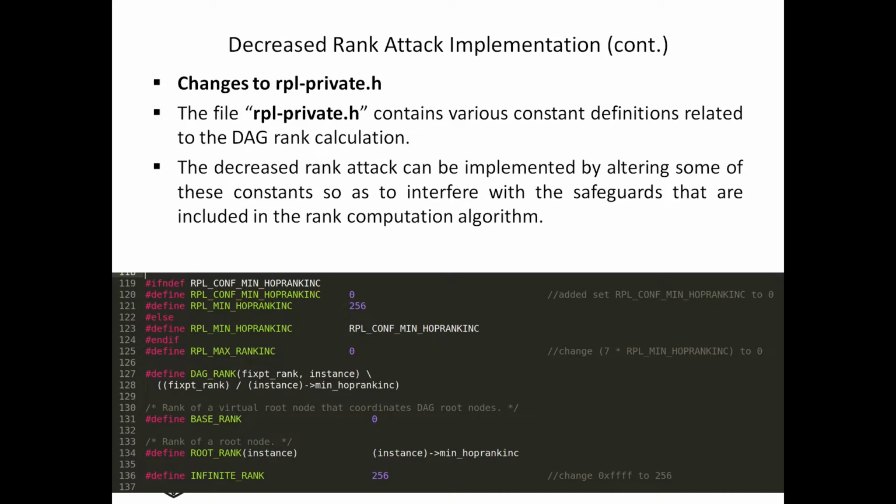We changed that particular preprocessor directive, #define RPL_CONF_MIN_HOPRANKINC, to 0. We set it to 0. Then in line number 125, we change the directive #define RPL_MAX_RANKINC. Initially it was 7 times RPL_MIN_HOPRANKINC, and then we set the value of that macro